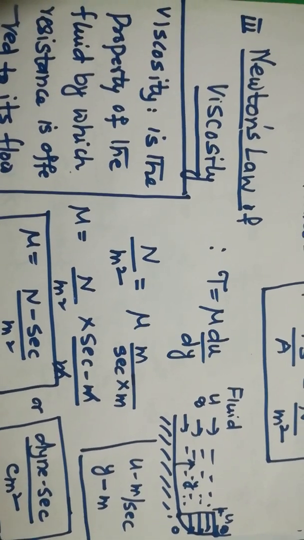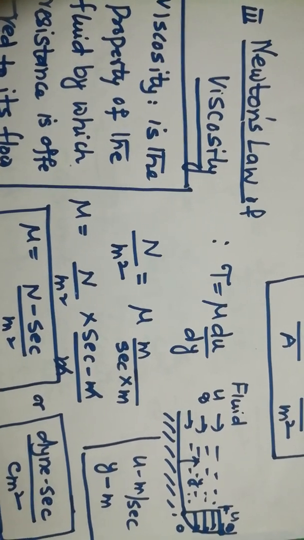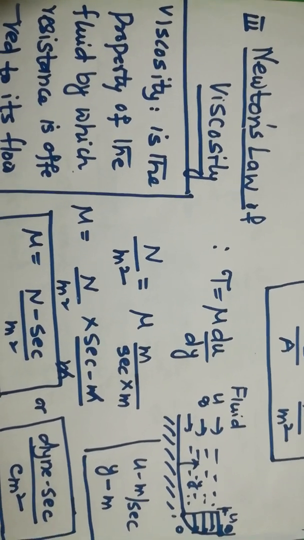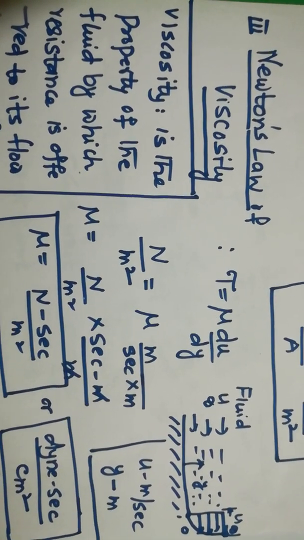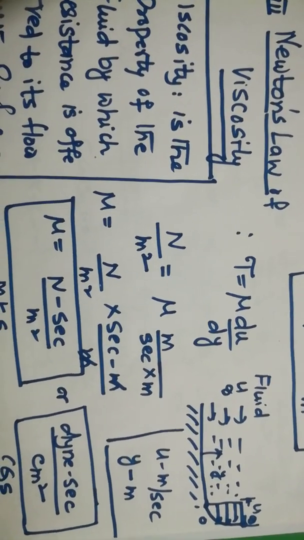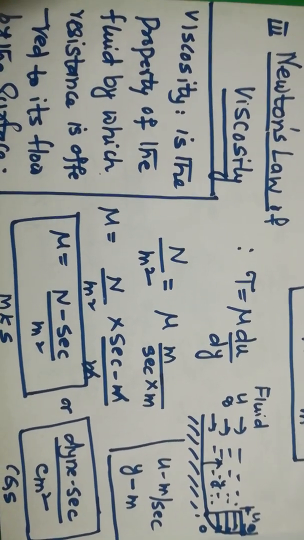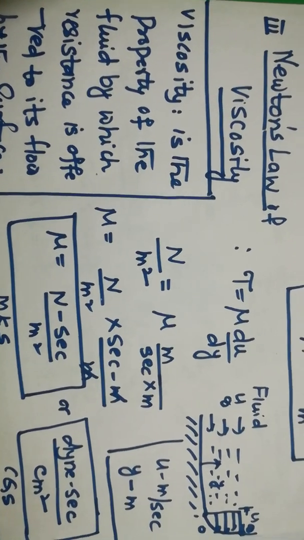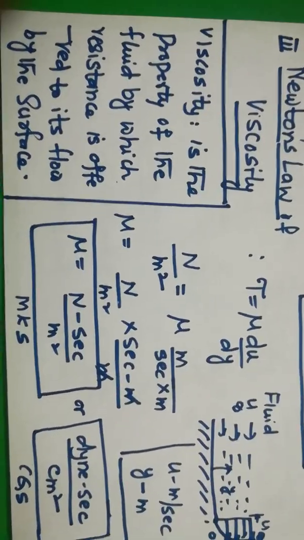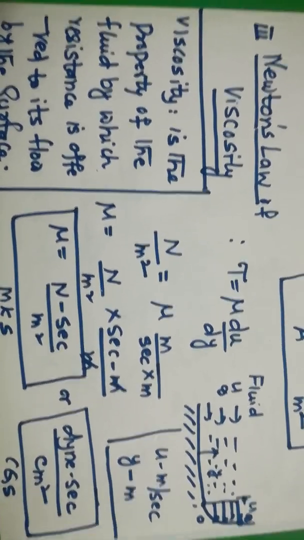Here my interest is to find out the units of mu, which is called the dynamic viscosity. Writing the units of tau, Newton per meter square, mu I have kept as it is, velocity u in meters per second, and the distance normal to the flow in meters. Rearranging the terms, mu is equal to Newton per meter square into second per meter, into meter. So meter gets cancelled. The units of mu turn out to be Newton second per meter square. The corresponding unit of dynamic viscosity in the CGS system is dyne second per centimeter square.